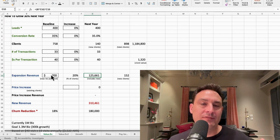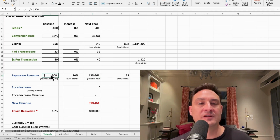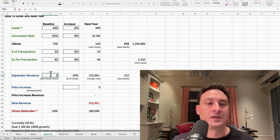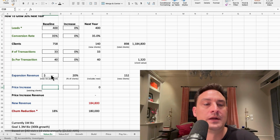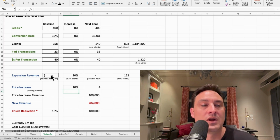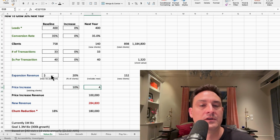I tend to advocate for keeping your business simple and not adding too many services, but there is absolutely a time in a business where expansion revenue, selling more to existing clients, is warranted. Or another lever you could pull on, you simply raise the price. Have you not taken a price increase in years and your clients frankly need a price increase? By raising your pricing on existing clients by 10%, meaning $4, you drive $100,000 in new revenue, you've almost closed